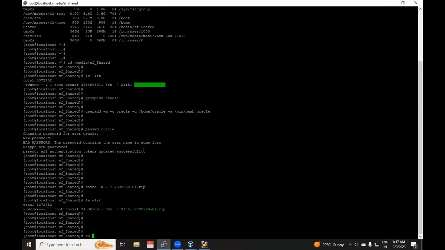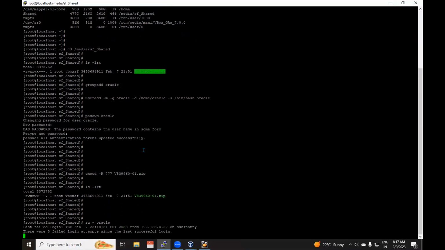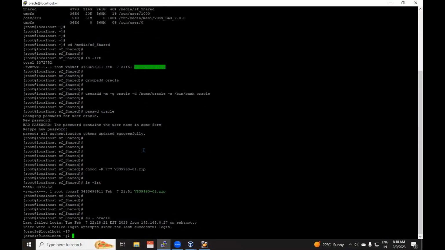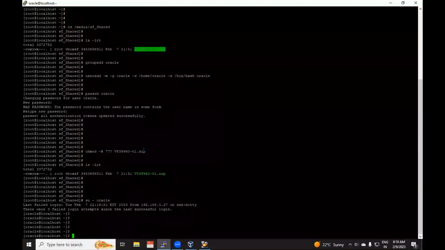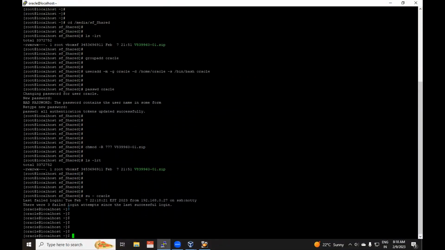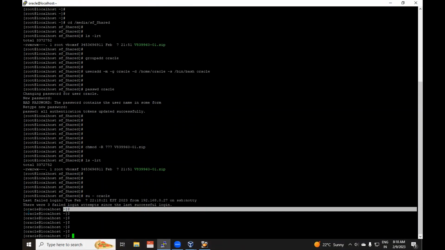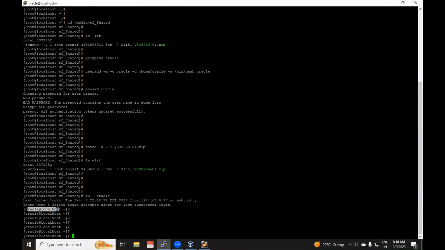Now we'll connect to the oracle user: su - oracle. So now we have connected to the oracle user. If you see the dollar symbol, it means a normal user; here it shows username at localhost.